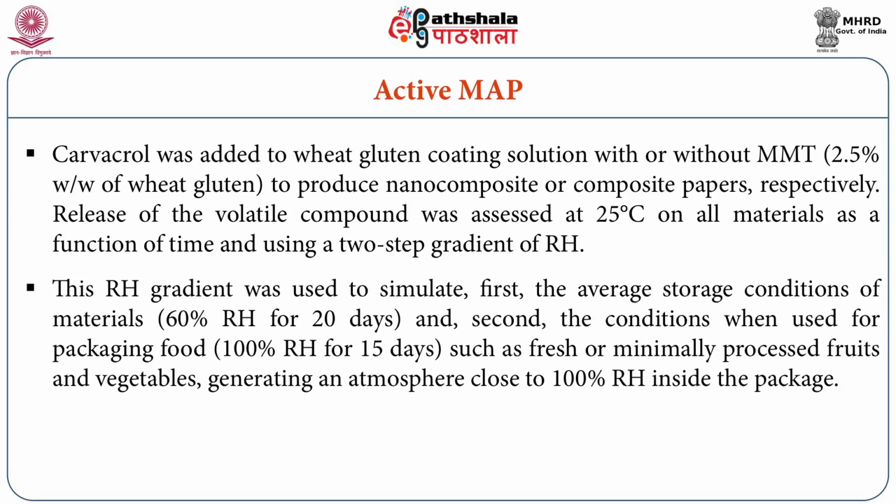This RH gradient was used to simulate the average storage condition of materials and the conditions when used for packaging of food such as fresh or minimally processed fruits and vegetables, generating an atmosphere close to 100% RH inside the